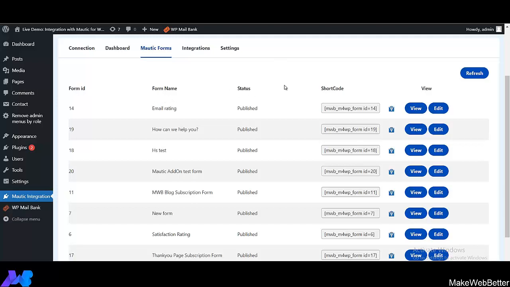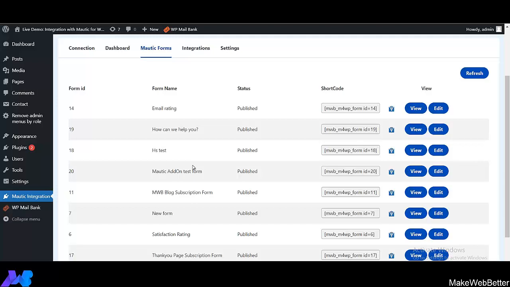Now before moving to the detailing of these forms, I would like to tell you guys, all the forms that you are going to create on your Mautic CRM, you can see the log of all those forms right over here in this section of the plugin. So it will completely depend upon what kind of actions you can expect from your customers on your WordPress website. Based on that, you can create the forms on your Mautic CRM, and then you can publish them, and then you can see the complete listing of all those forms right over here. So this plugin is going to help you save a lot of time, and it will help you create the forms and publish them for your customers.